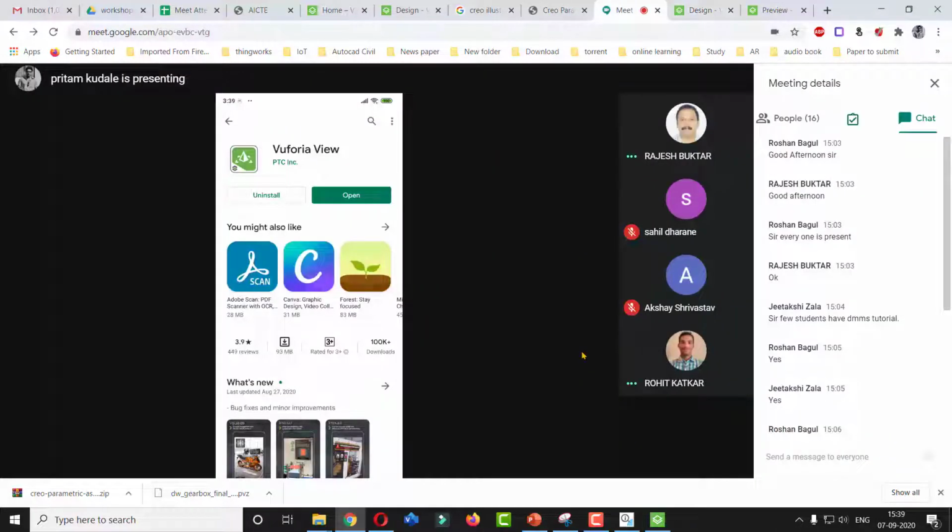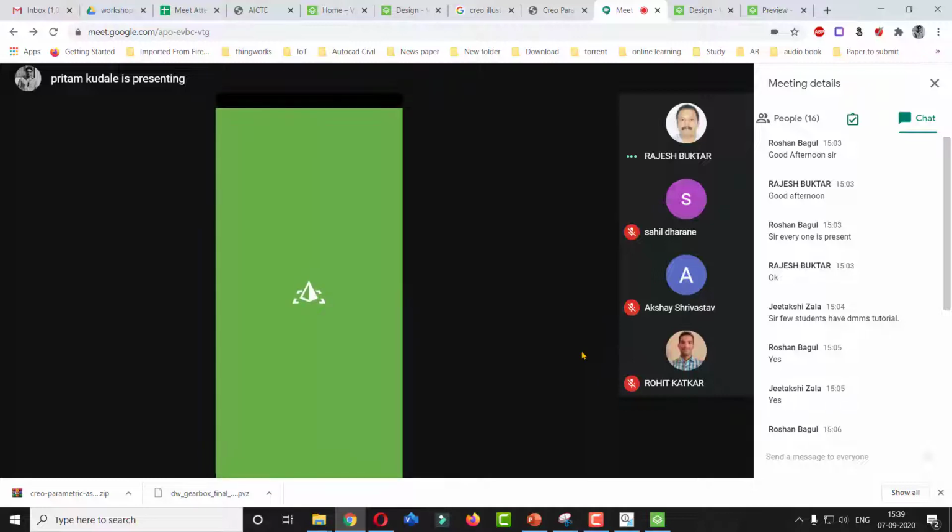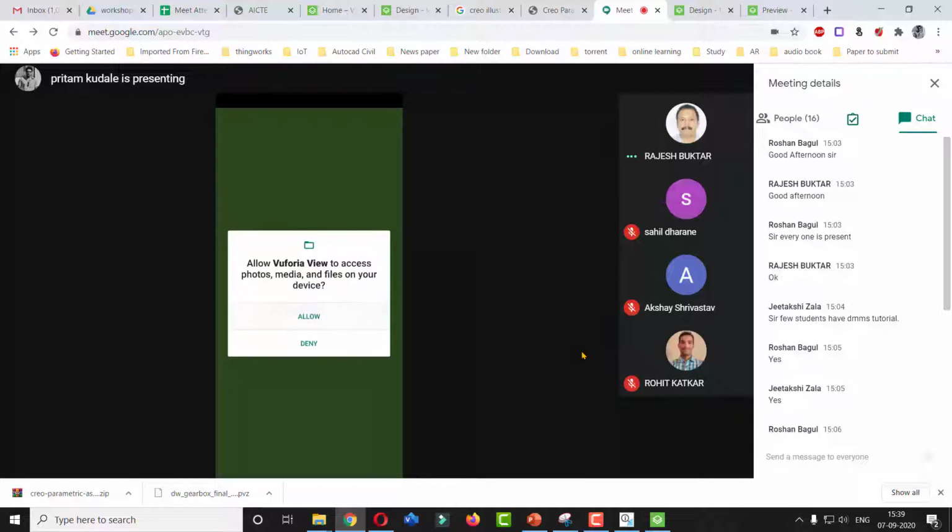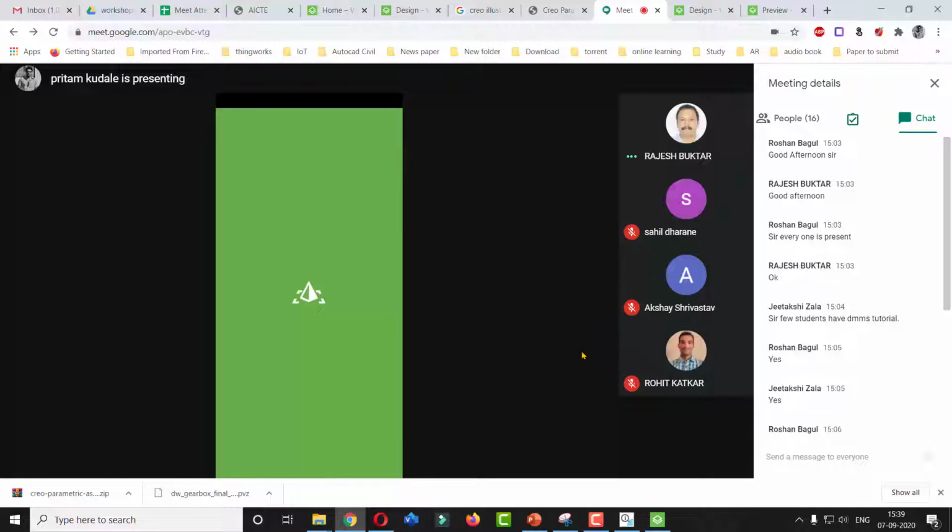In the Play Store, you have to download this application by the name Vuforia View. This particular application has some number of animated options already present on the screen.